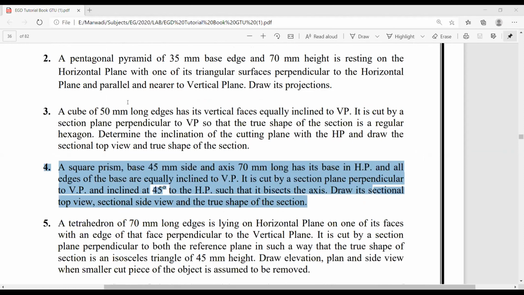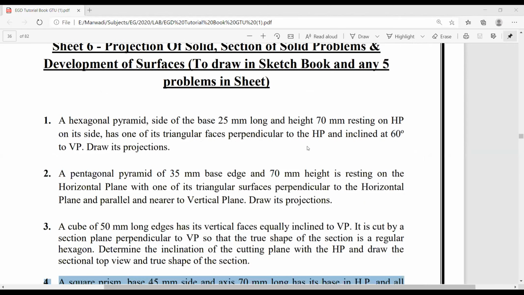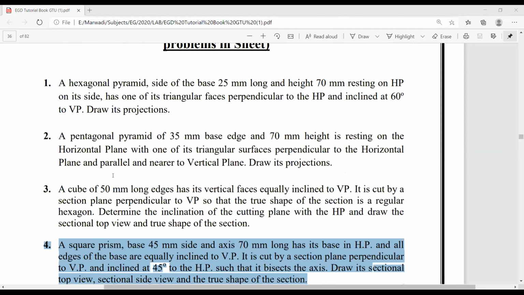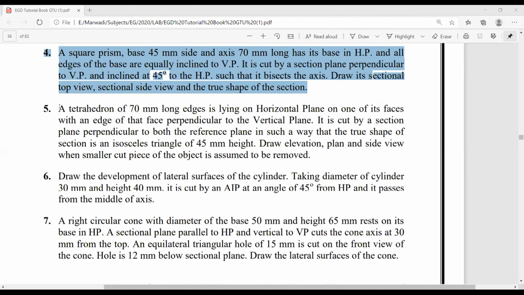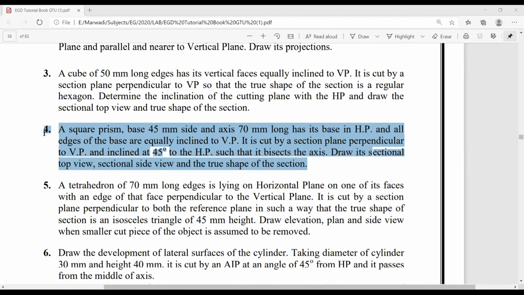Okay, so in the tutorial book, I'm here on the tutorial book. We have completed the example number 1 and 2, right? The 3-1 is actually next stage, next level apart from this section. So we'll start with the example number 4, and 3, 5, 6, 7 we'll do it later on, right?